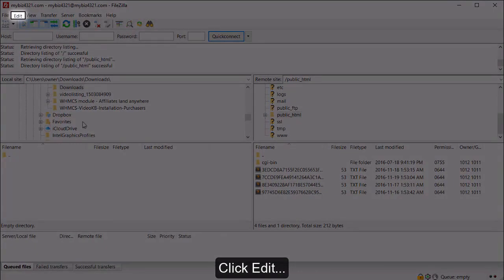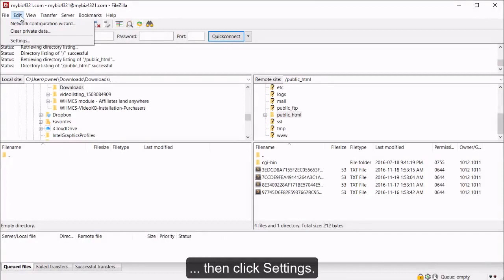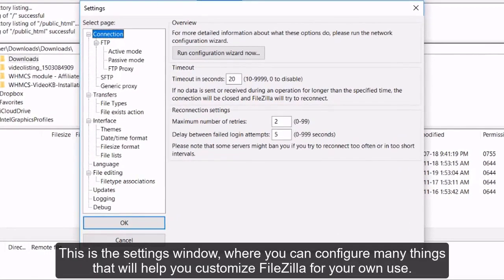Click Edit, then click Settings. This is the Settings window, where you can configure many things that will help you customize Filezilla for your own